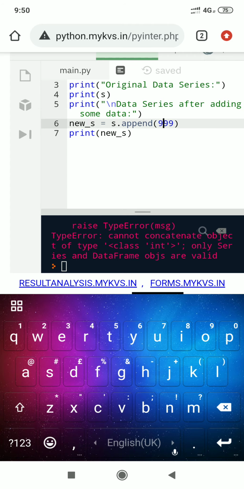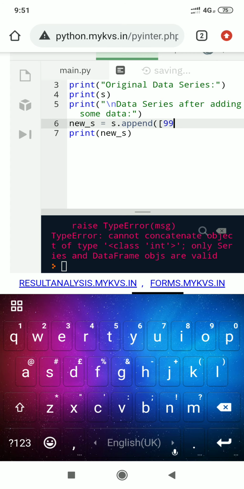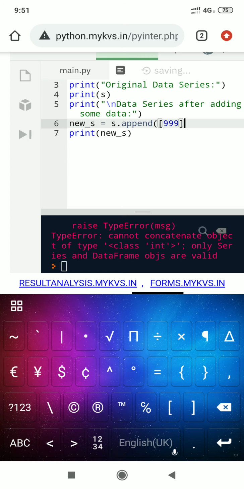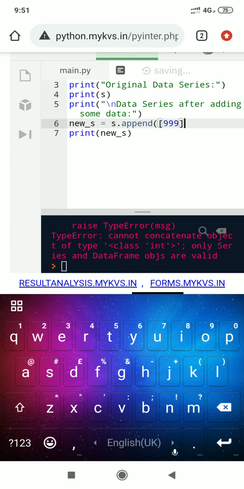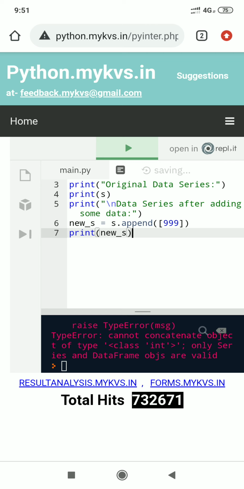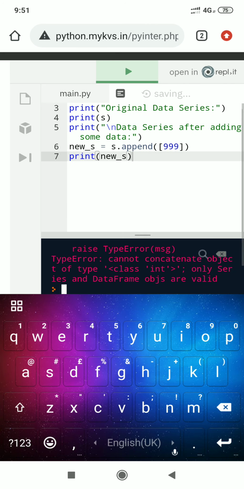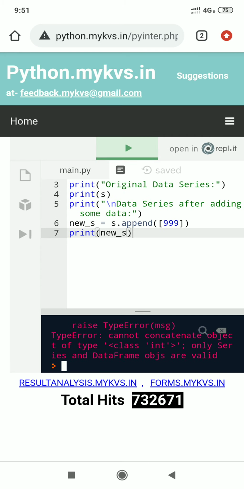Now if I change this one to a list, and execute the same program again, an error message is shown.